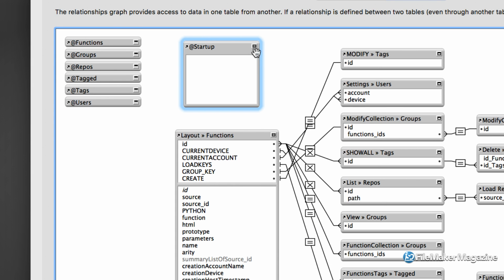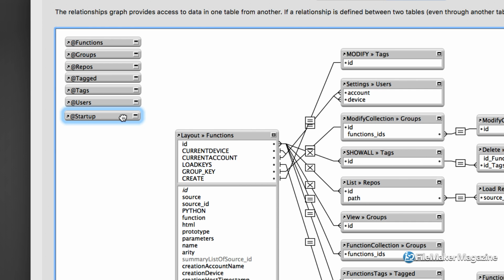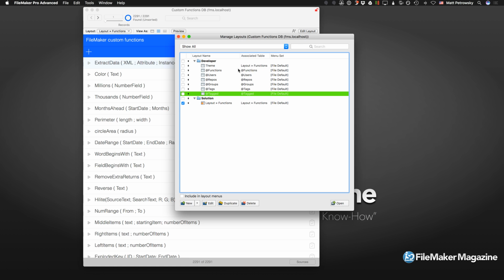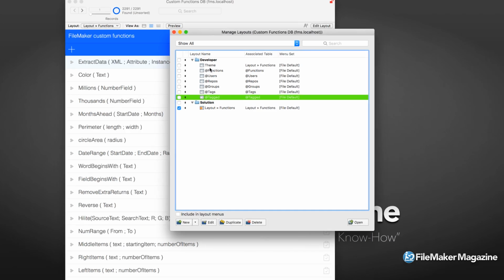And then what happens is that particular table occurrence intentionally is never connected to anything else. It's basically, I refer to it as a base table for the purpose of development. And when you look at, as I zoom out here, the way that I manage all of my layouts, and we'll zoom in here again,